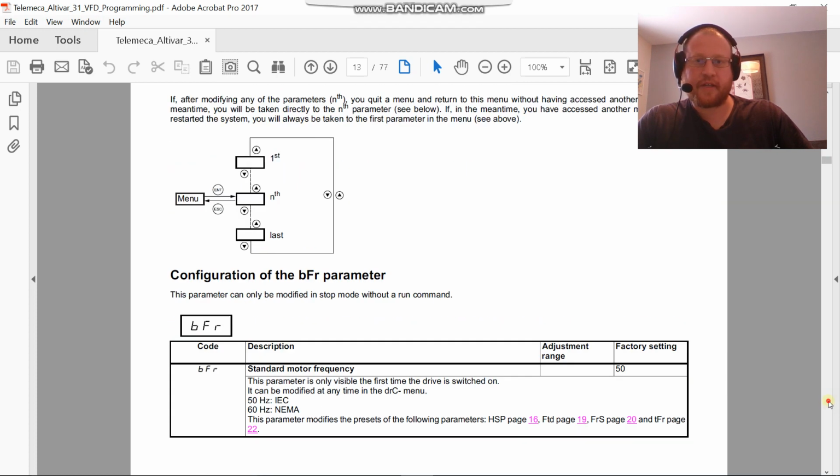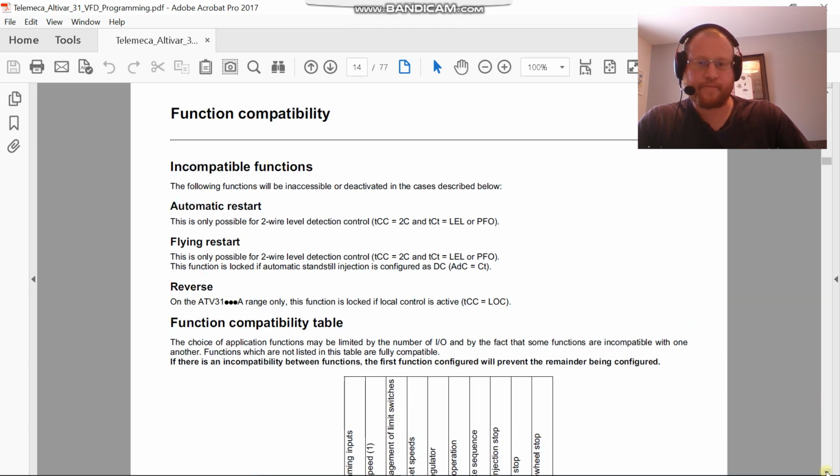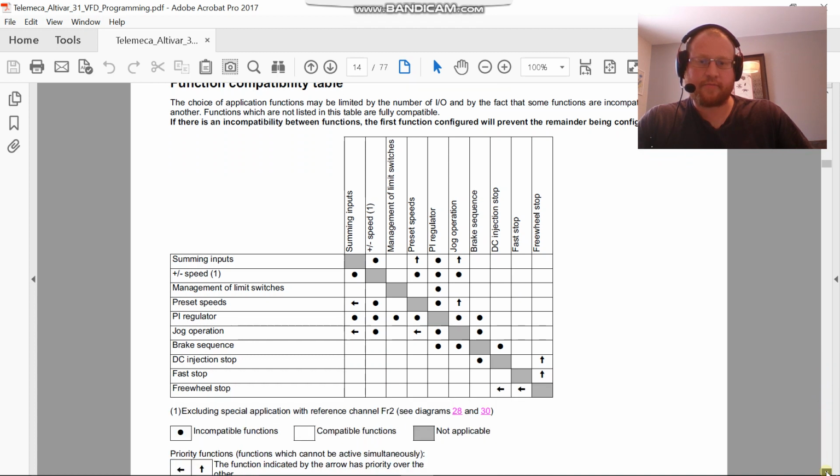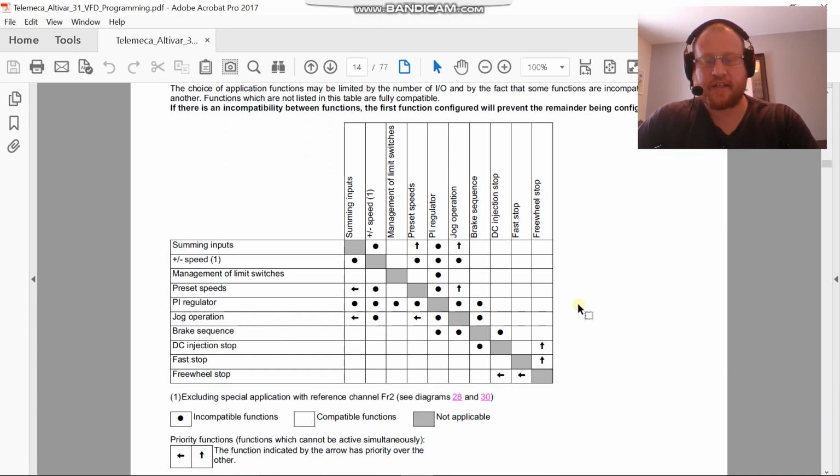Next, we're going to move down to page 14. And this is a table of parameters, and it should make sense that not all parameters are going to be compatible with one another. For example, this right here means that they are incompatible functions. So preset speeds are incompatible with using the plus and minus speed on the drive. And a preset speed is a predetermined speed that we want the drive to go at, and we don't want it to change. Plus and minus keys, well, they change the speed, so it should be obvious that those are